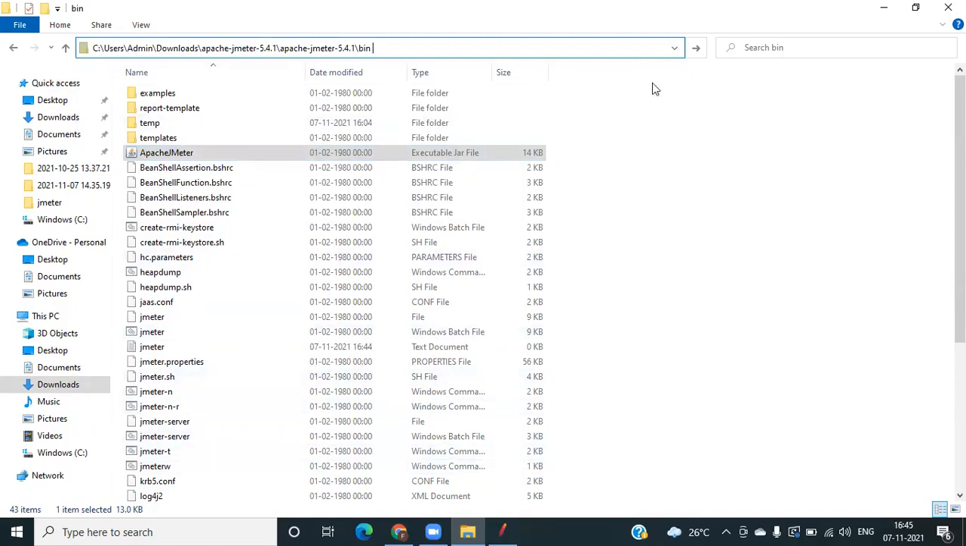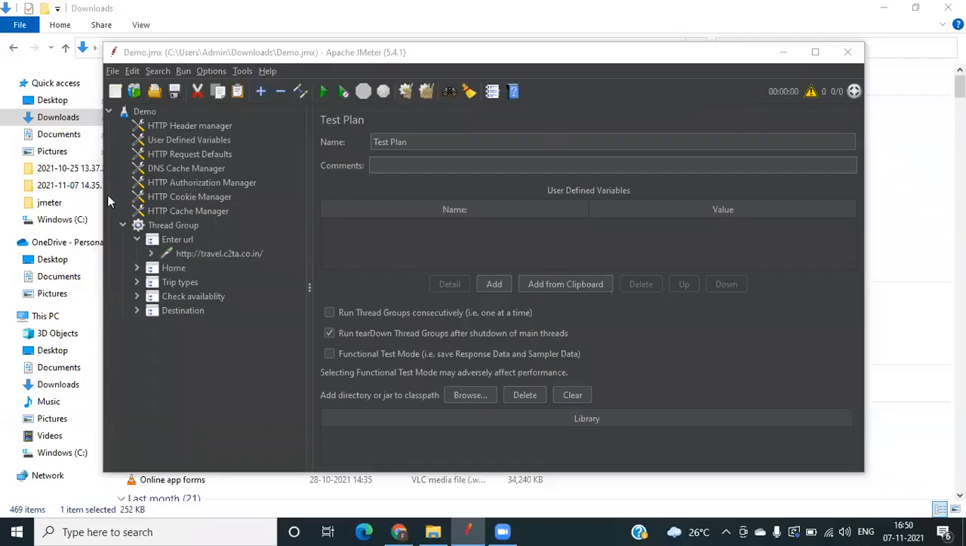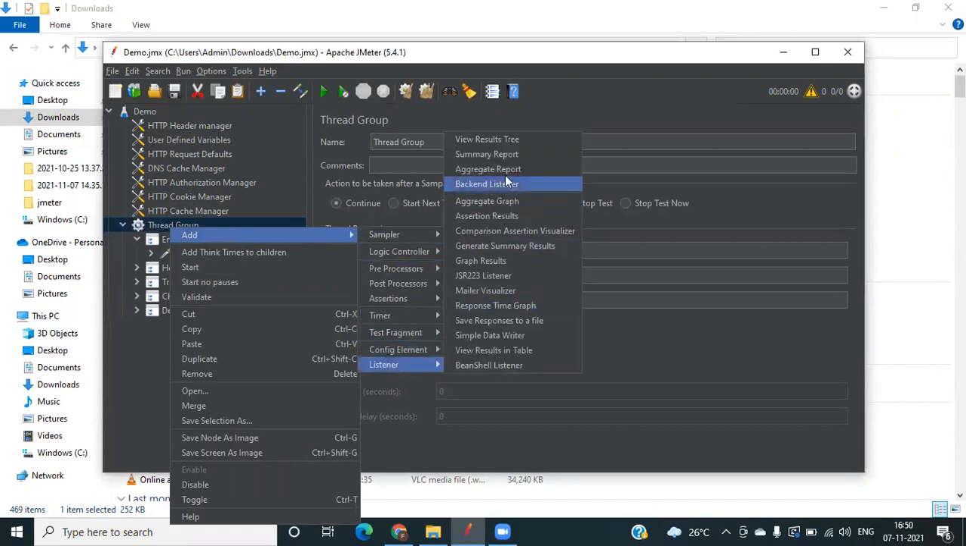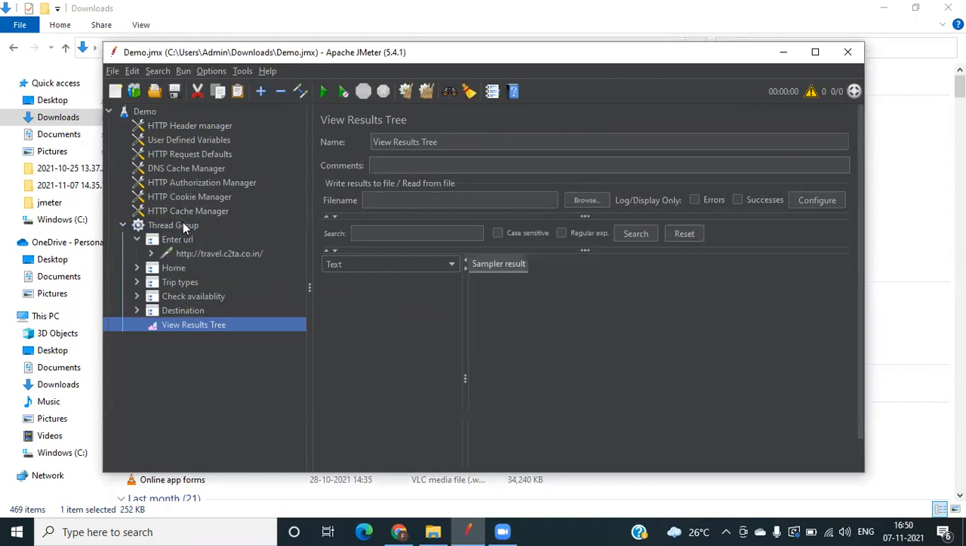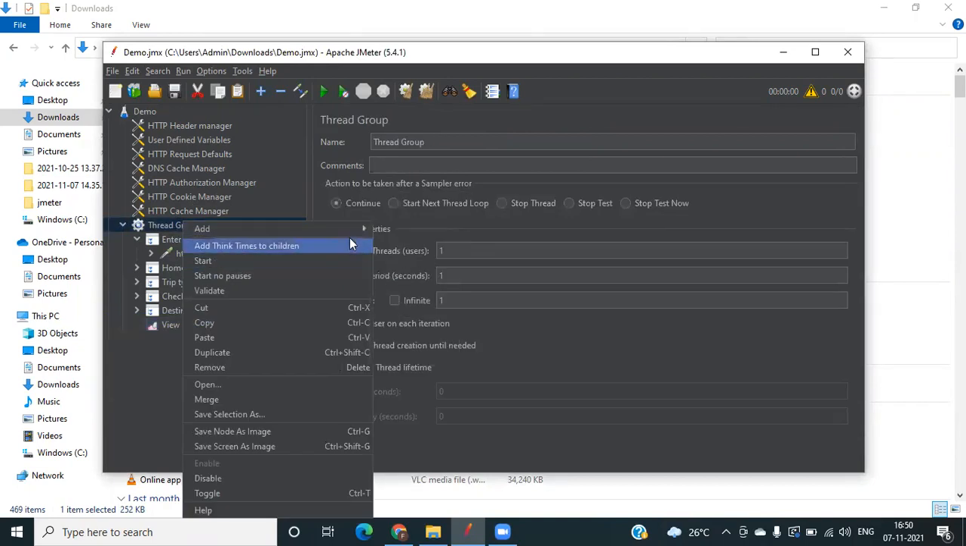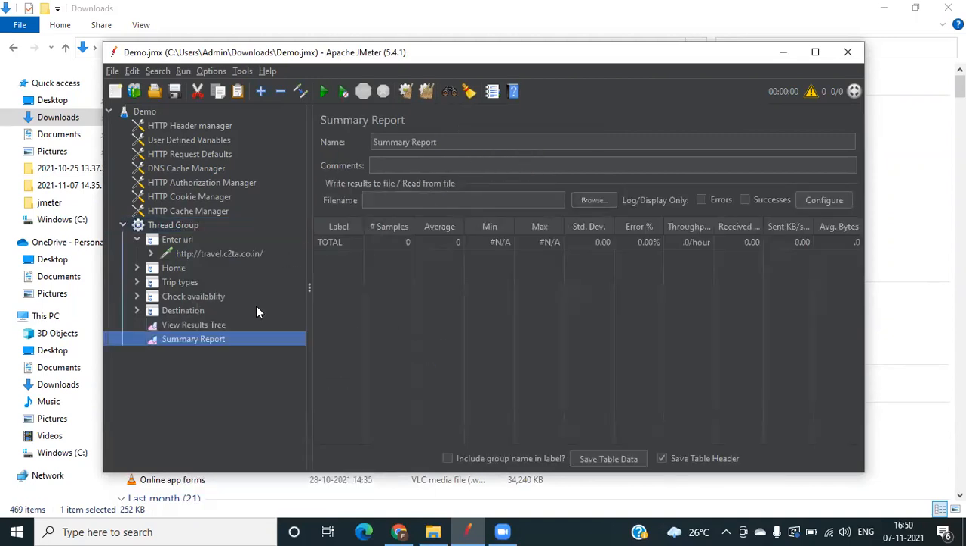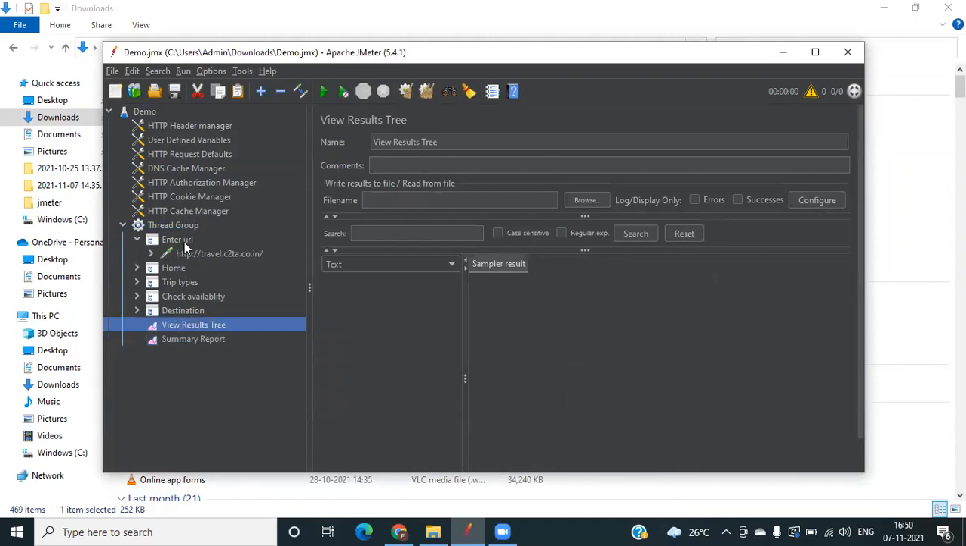Now, here, these are the scenarios which we recorded. So now what I'm going to do is add a view results tree, and I'm going to add another result, summary graph. Just going to add this one. Then I'm going to add some transaction controllers. Okay? So for that, first what I should do is